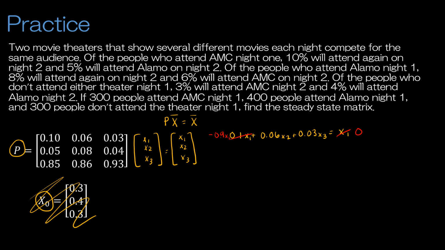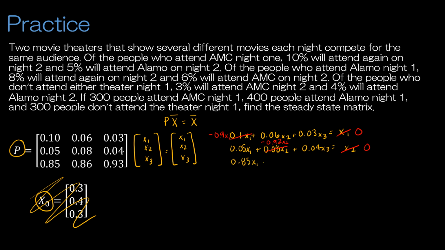The next one, 0.05x1 plus 0.08x2 plus 0.04x3 is equal to x2. And again, if I subtract x2 from each side, I'm going to get 0. And this is 0.08 minus 1, which is negative 0.92x2. And then for my third equation,